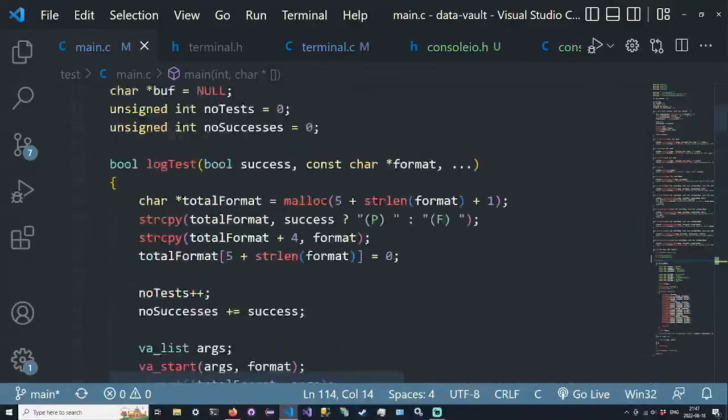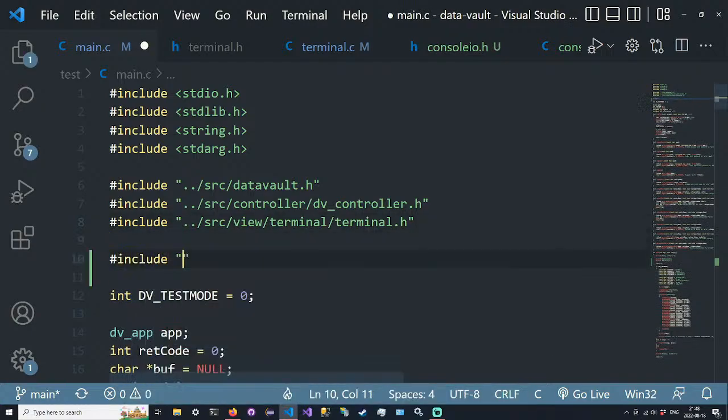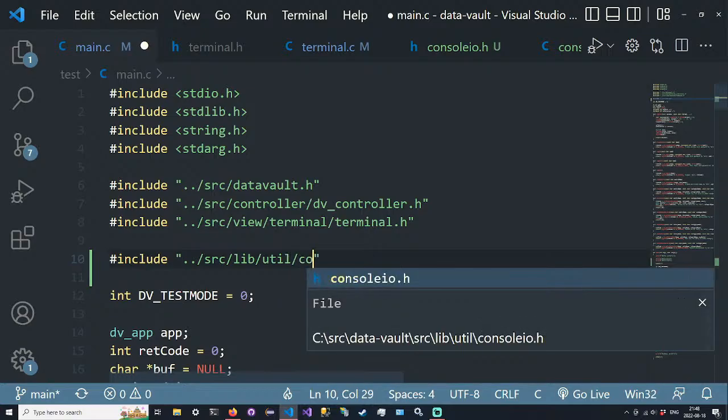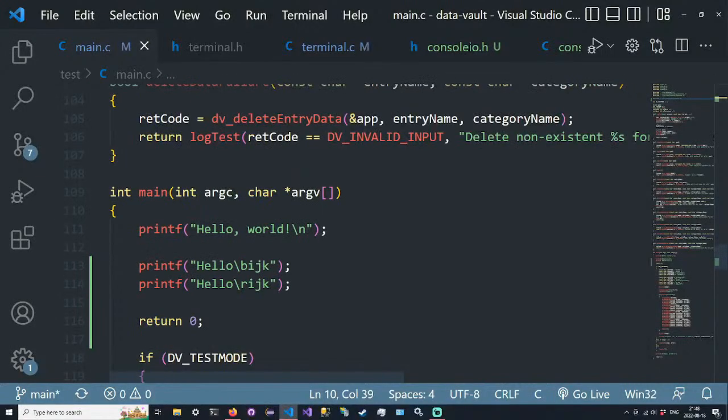All right, so let's go into main.c. We will include console.io here as well. So include /source/lib/util/console.io.h, and I'm just going to